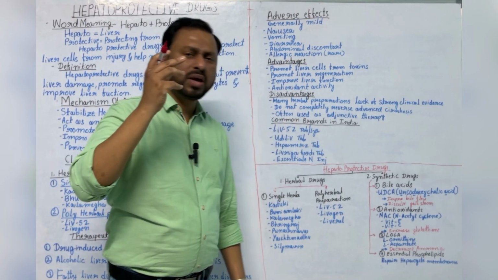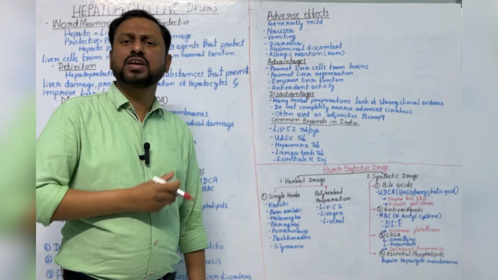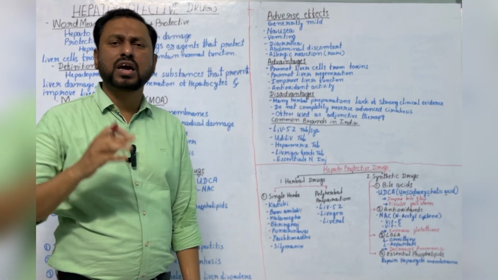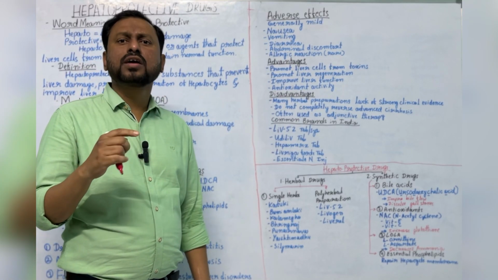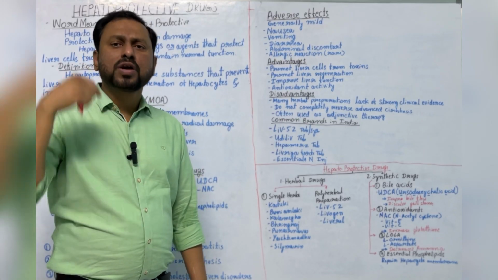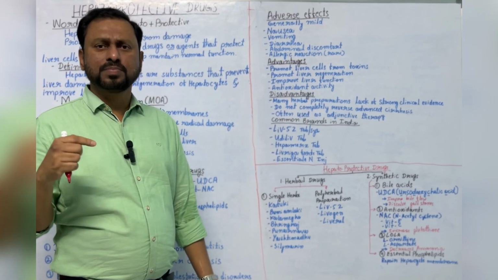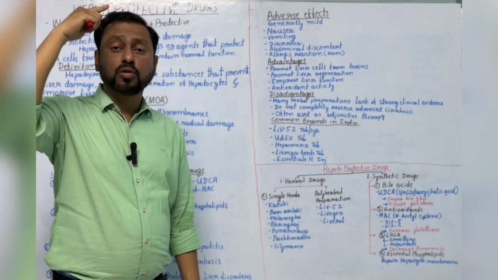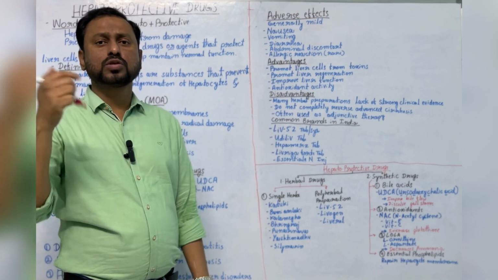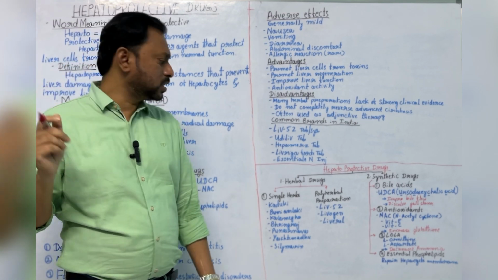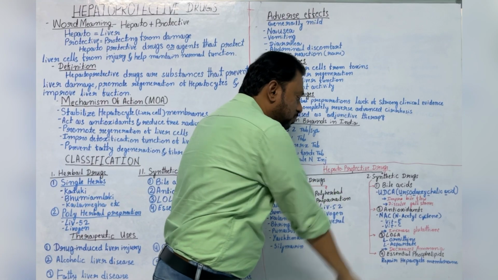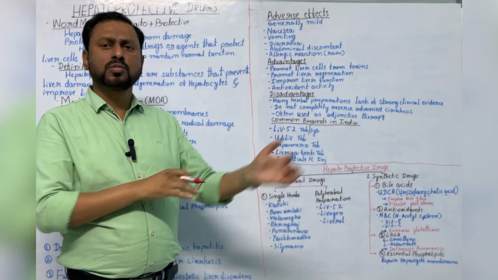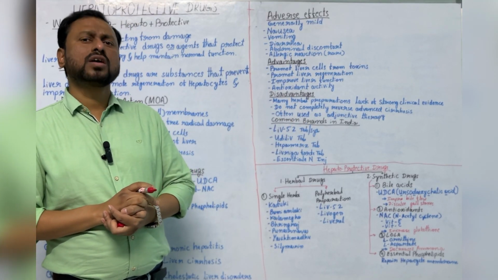The main indication of Hepamerz is this: whenever the liver is damaged, the ammonia in our blood increases. If you give Hepamerz or LOLA, these drugs decrease the ammonia and prevent damage to the cerebrum, because if the ammonia goes to the brain, the patient goes into shock or becomes unconscious. This class of drugs decreases the ammonia and, due to the liver damage, prevents shock or unconsciousness.